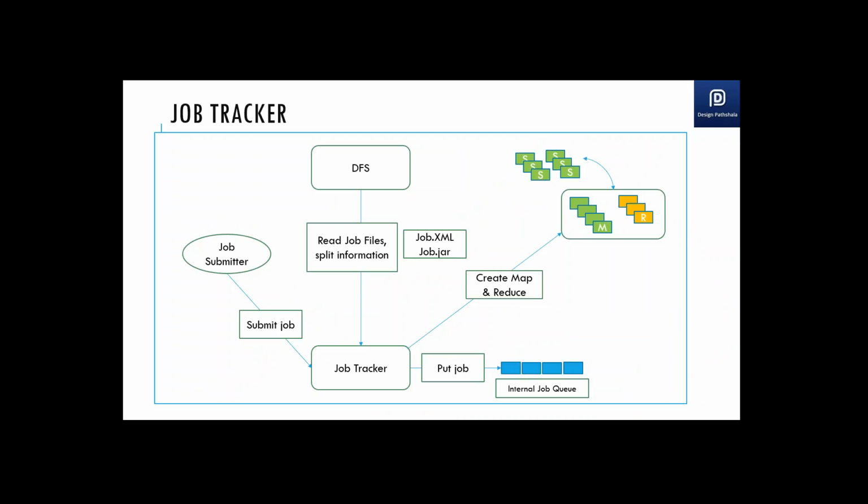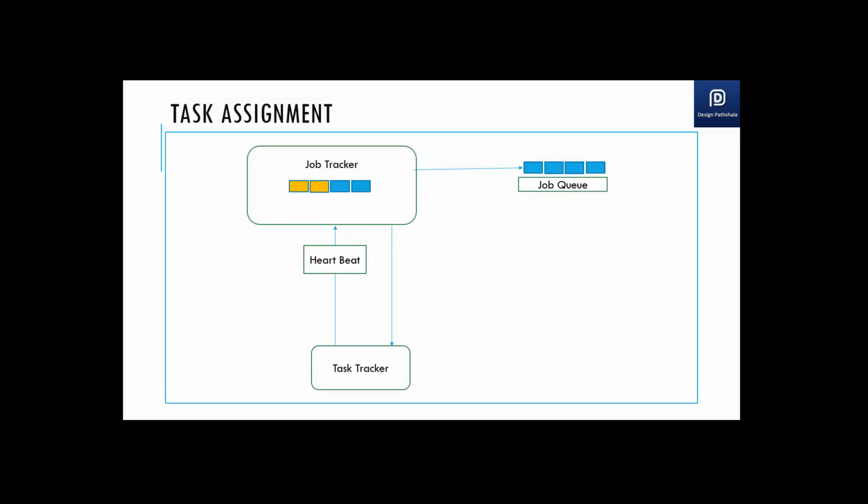And how are those mappers and reducers created? Your job tracker divides the task based on the input split which is calculated for your whole data. The whole job is divided into individual tasks, and those tasks are assigned to the individual task trackers which are running on the data nodes. And how are those picked up? Based on the heartbeat signal which these task trackers keep sending to the job tracker, and these heartbeat signals tell how much bandwidth they have to process your new data.